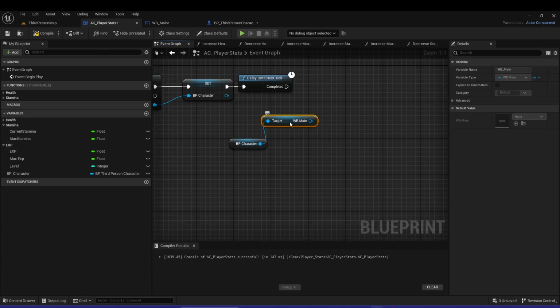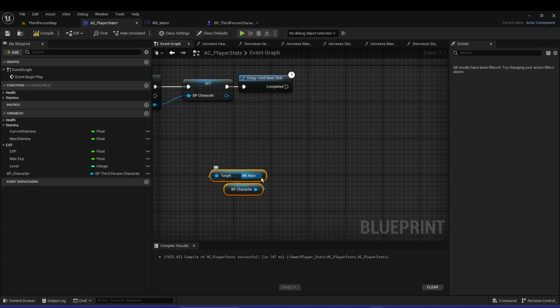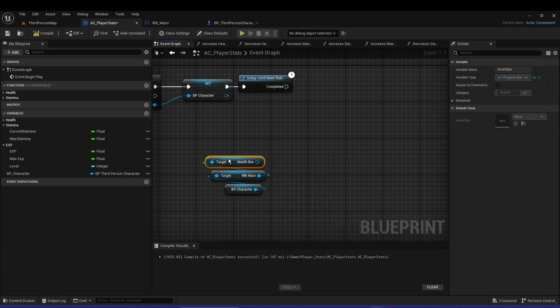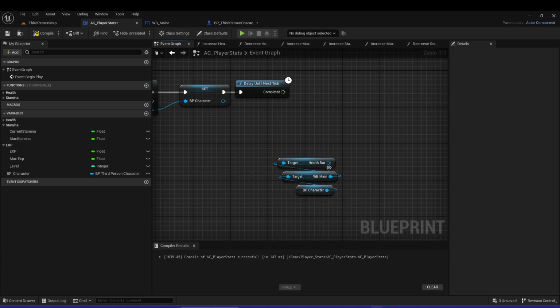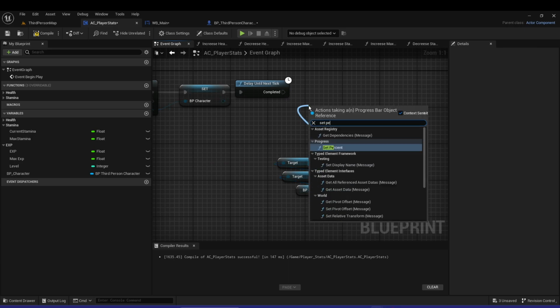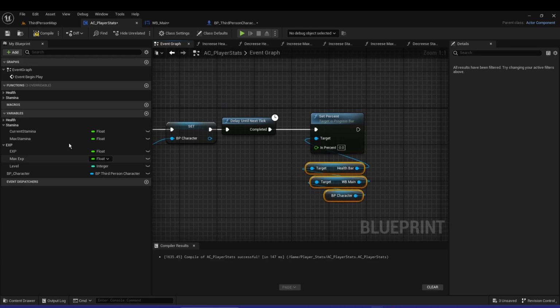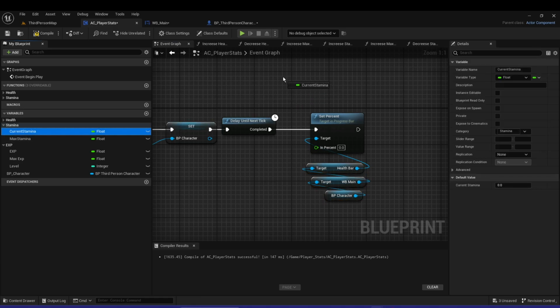So you're gonna get the widget main. And let's get the health bar. And now just set percent. Plug that in. And to set percent, it's basically really simple. You're gonna get the current health,